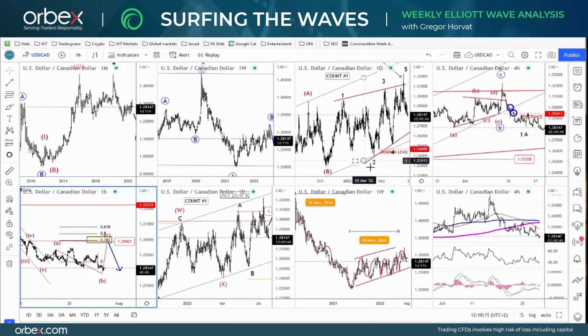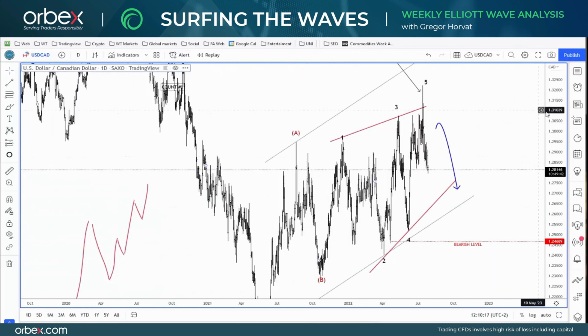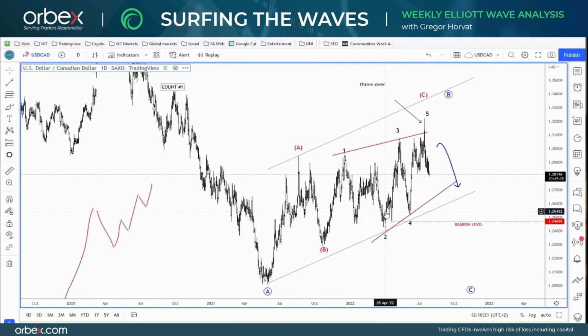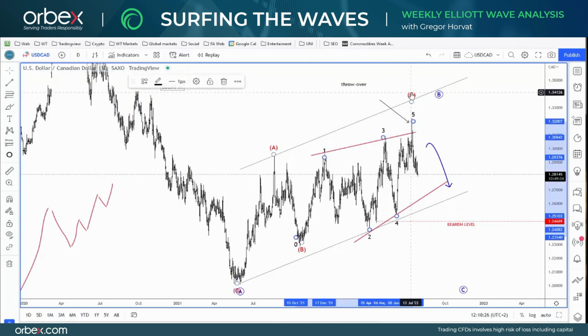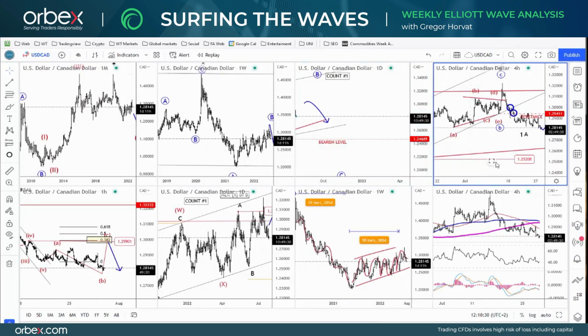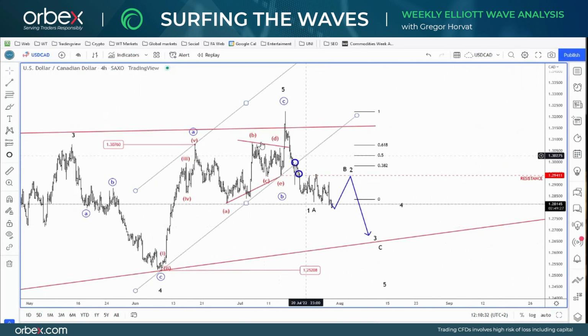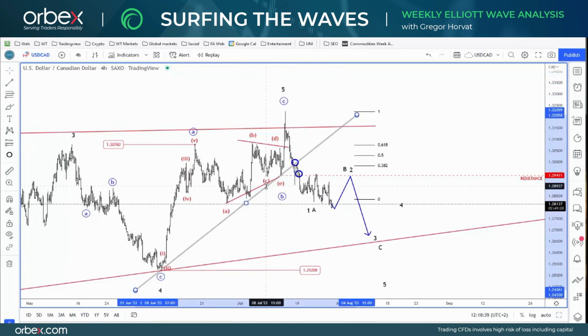So with that in mind, let's take a look at what I have on dollar CAD here. Well, we have some very nice reversal going on after a throwover formation with an ending diagonal for wave C. We are seeing a very strong drop, which looks impulsive on a smaller time frame. So here is the 4-hour chart. Notice the very strong drop here below this channel support. So I think that this represents a change in trend, and in my opinion more weakness could occur after a wave B2 rally. Now very nice resistance still remains at 1.2915 up to 1.3 levels.